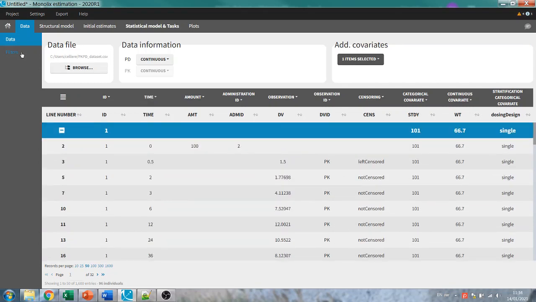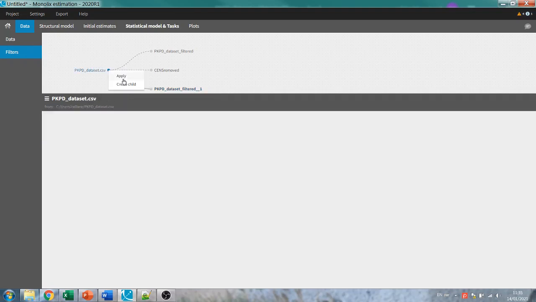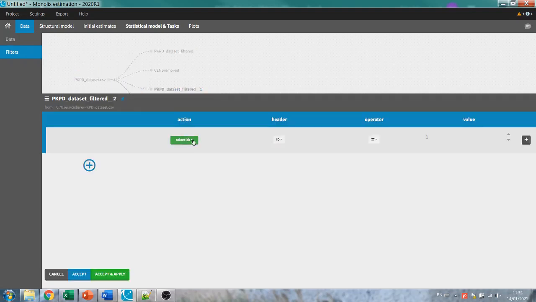And as a final example, I now want to filter based on the ADM ID column. So let's again create a new child, and this time I will filter based on ADM ID, and I will choose to select the IDs for which ADM ID is equal to 1, corresponding to the IV.